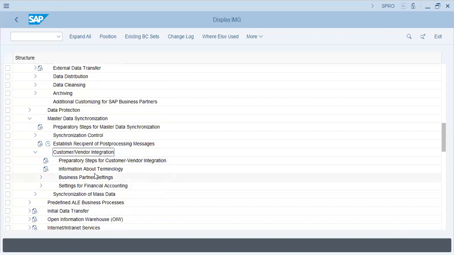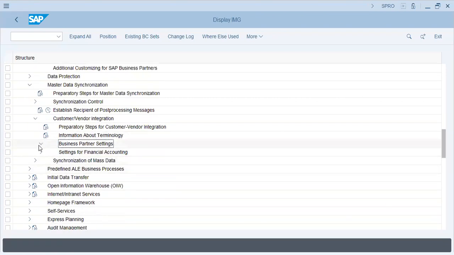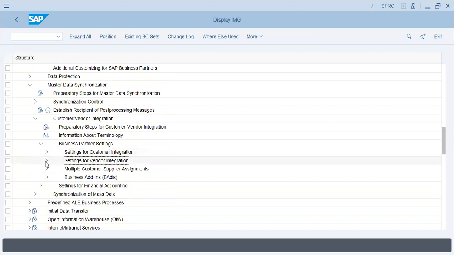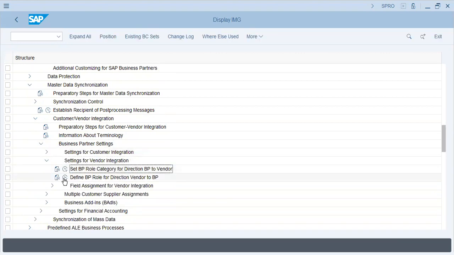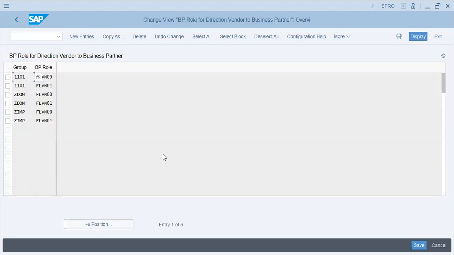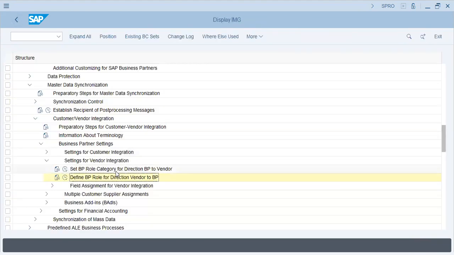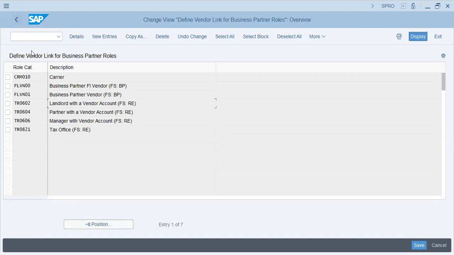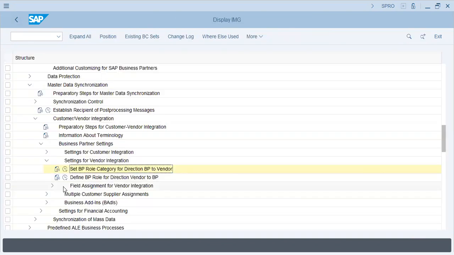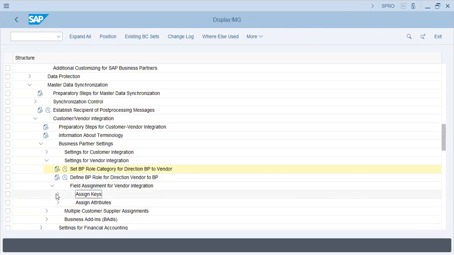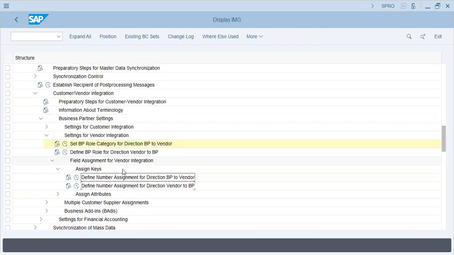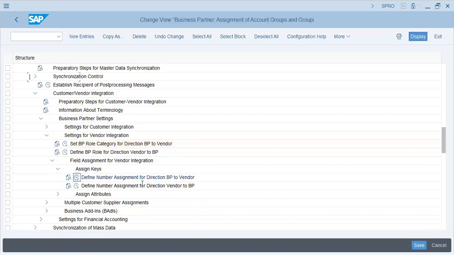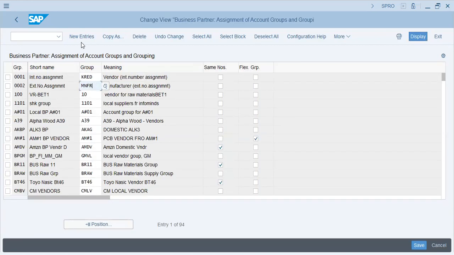Okay, and business partner settings, settings for vendor integration, define BP role for direction vendor to BP. No, not this one. Set BP role category. No, just a second. I'll explain this also. This also. Field assignment. Assign keys. Direction BP to vendor. Let's see whether this one or this one. Yeah, this one. So new entries